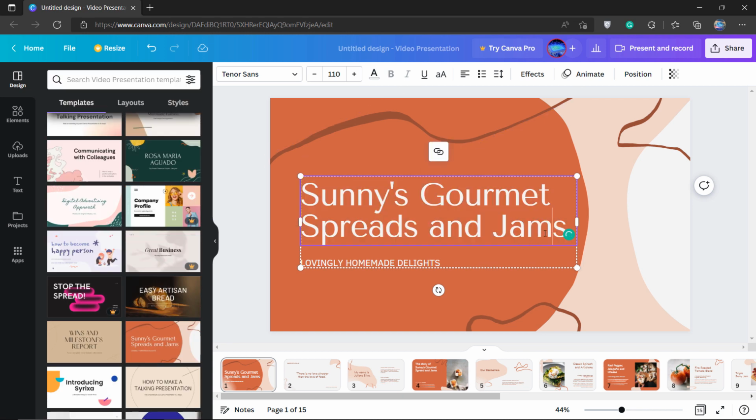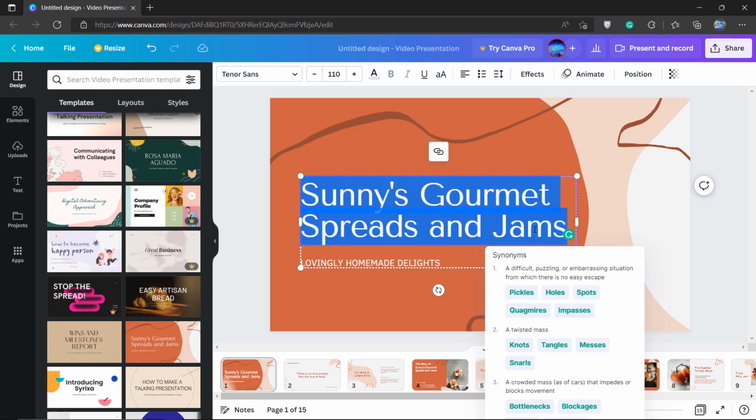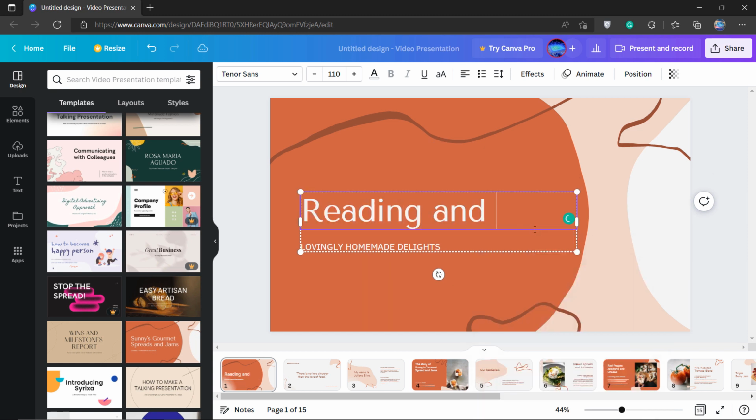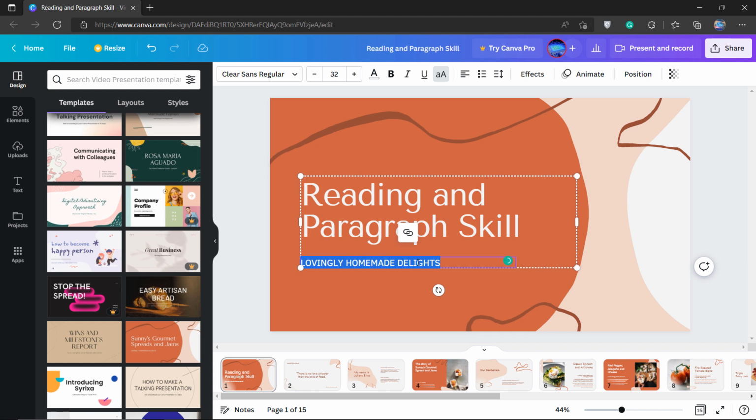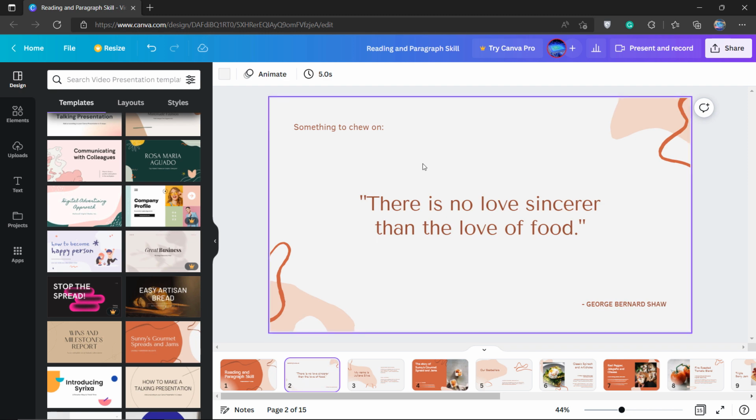So my first presentation would be on reading and paragraph skills. So yeah, here I will write presented by Jack. So I will align it to the right from the right side. Okay, so on the next page